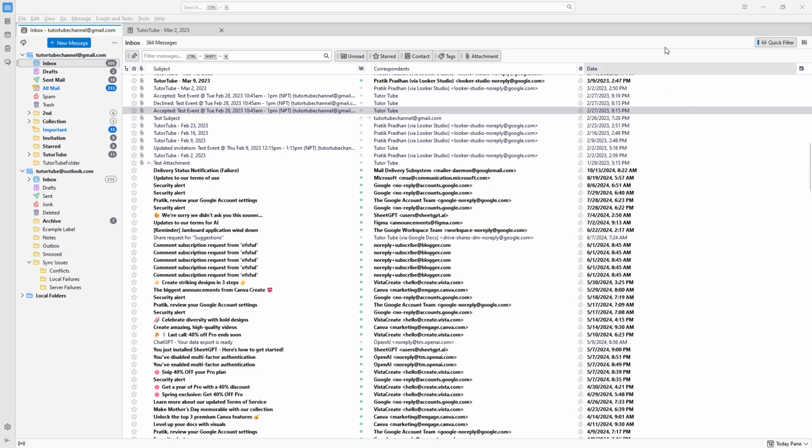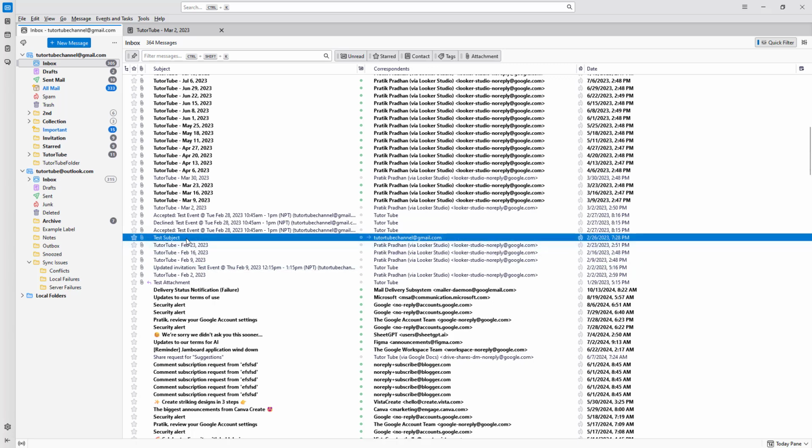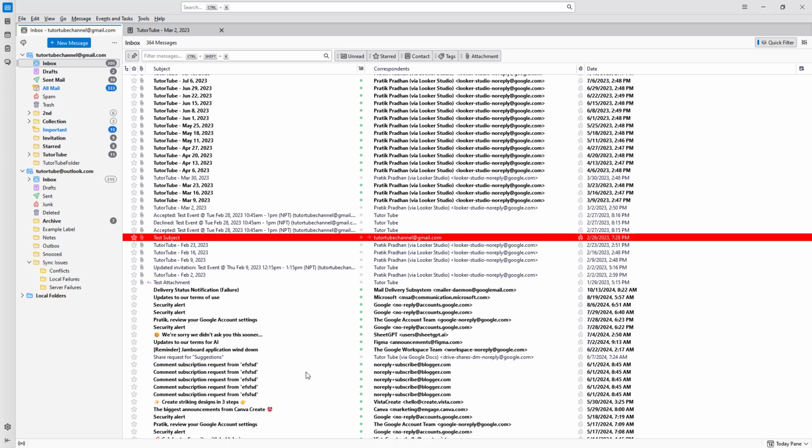So you can also go ahead and tag out the emails according to how you like inside of Thunderbird. So over here you can see that, let's say I have this email and I want to go ahead and tag this particular email. In that case, I can right click and you can see that tag is an option. And there are many different tags that you can assign to this. Let's say, for example, I'm going to mark it as important, and you can immediately see that the color for